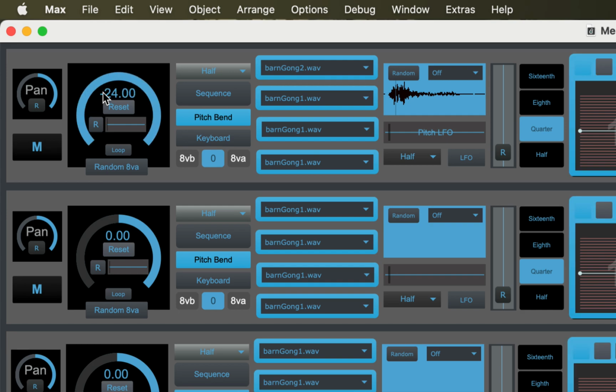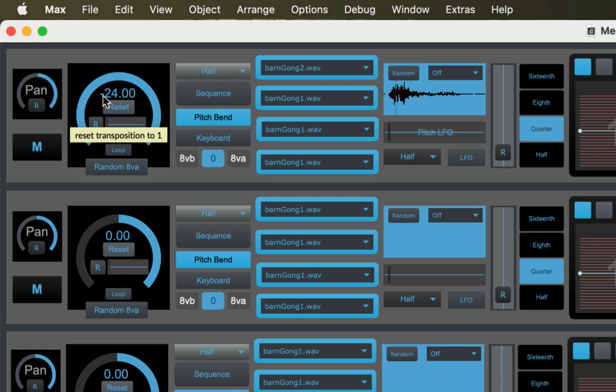Now, negative 24 is exactly what you'd expect. It's 2 octaves lower, right? Negative 12 is 1 octave lower. If I hit reset, it's going to go back to 0, which means normal pitch and speed. Actually, the speed is always the same on here. It doesn't get faster or slower. Right. Plus 12 is an octave higher. Plus 24 is 2 octaves higher. Okay? If I turn